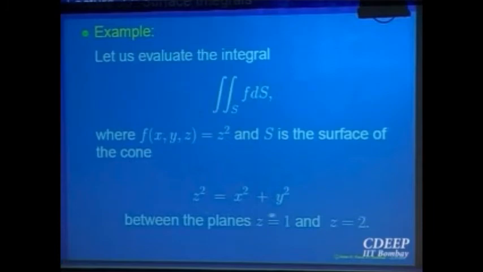So what will be the projection of this surface onto the xy plane? But keep in mind z is between 1 and 2. So there is a lower cut at z equal to 1, going up to z equal to 2. So the projection will not be a circular disc, but an inner and an outer boundary, right? The inner thing will be missing. The part where z is less than or equal to 1 will not be there at all. So you will be looking at only the annulus portion, where the circle of radius 1 to 2, in between that portion.